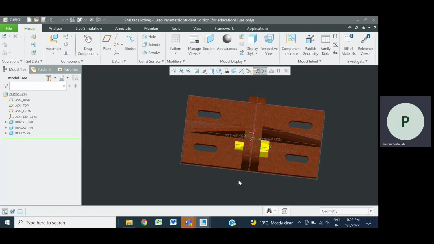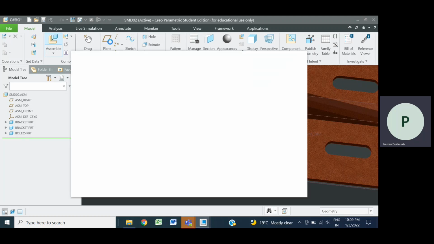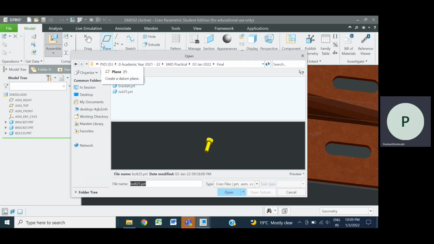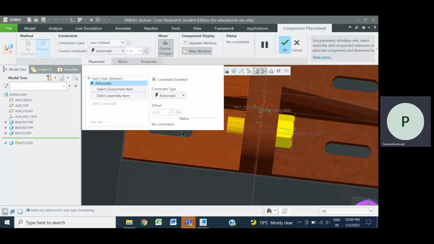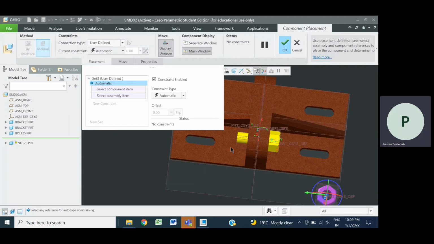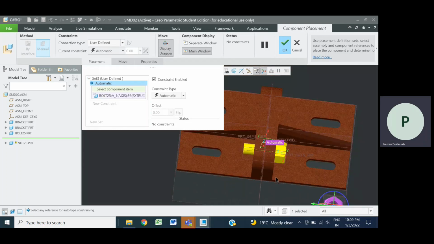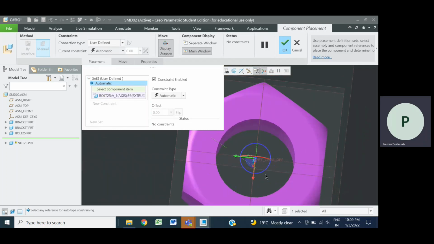Now next is we will put the nut here. Assemble, nut, open. We will define first, say this axis for bolt and